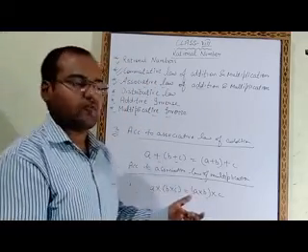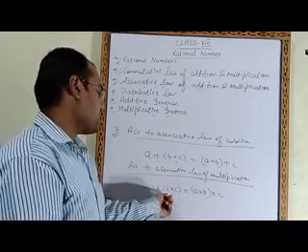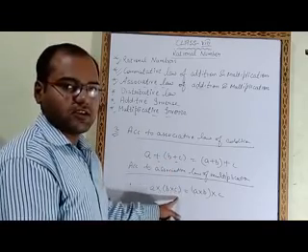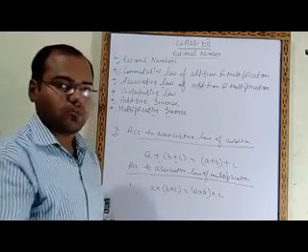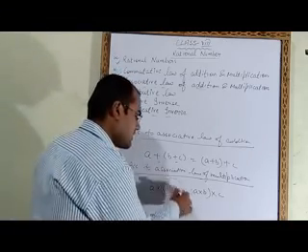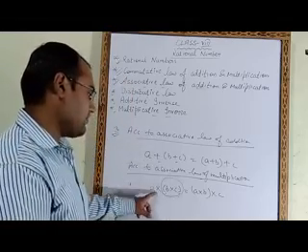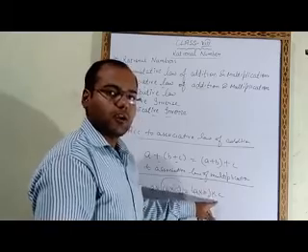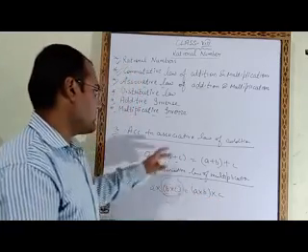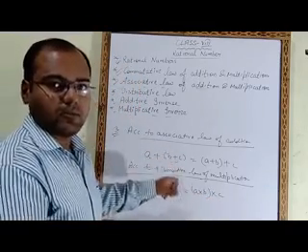In associative law, what you have to do? Take the product of B and C. After that, a bracket is there. Bracket means we have to use BODMAS, that means first of all we will solve the bracket. So (A × B) × C is equal to A × (B × C). So this is the associative law that you have to remember.